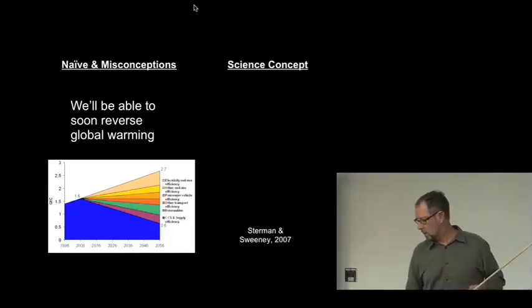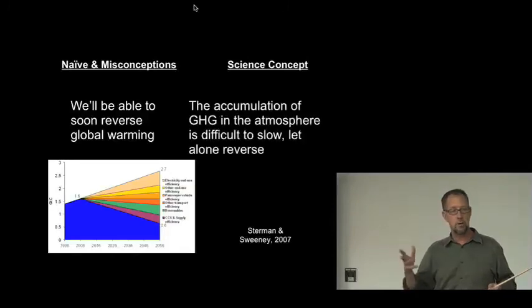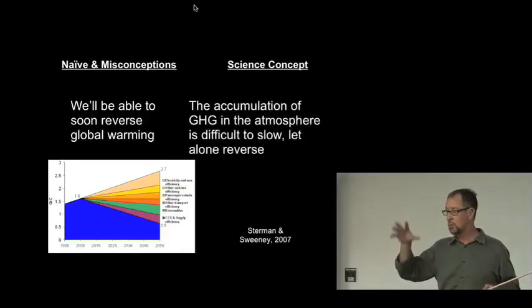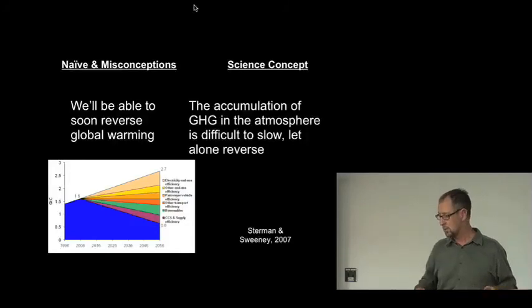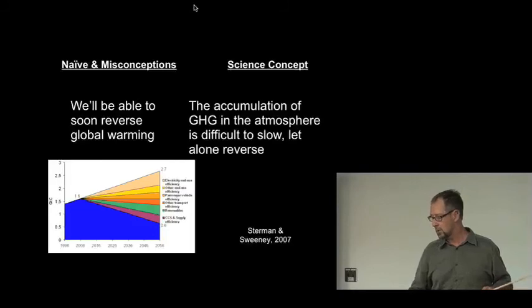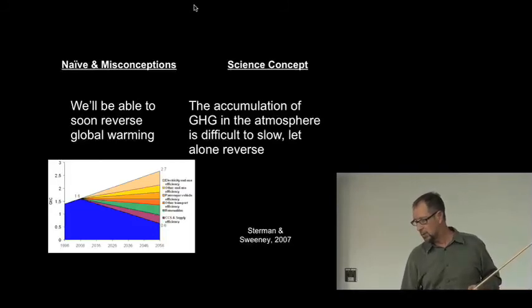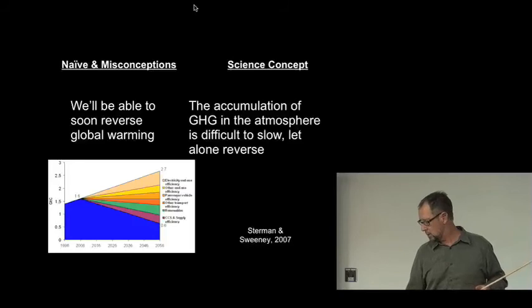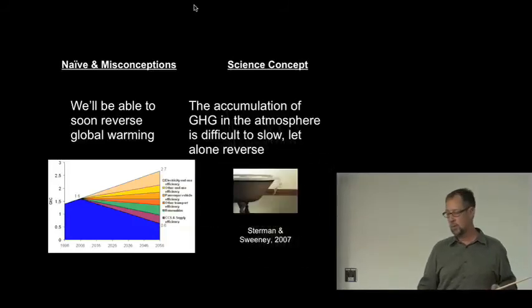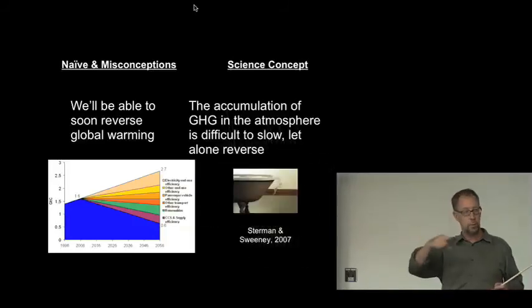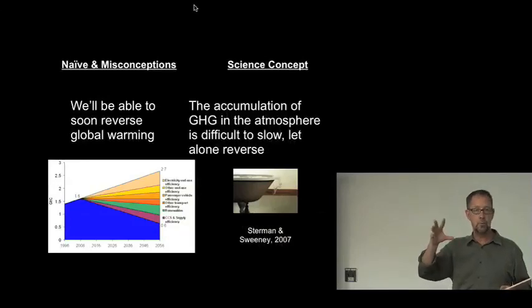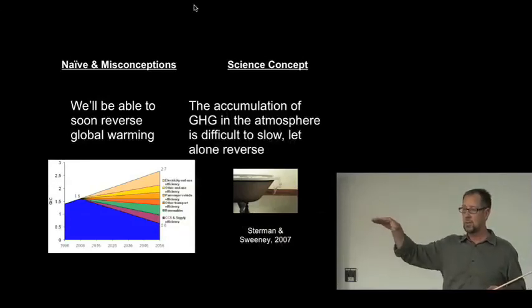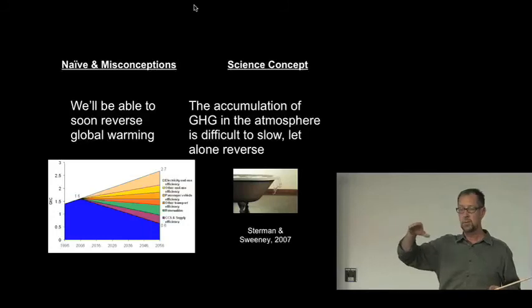However, the fact of the matter is that it's going to be very, very tough to reduce concentrations and stabilize the growth of greenhouse gases in the atmosphere, let alone to reverse them. John Sterman at MIT had some of his graduate students put together a little concept map of what they thought would be required to just stabilize concentrations. And basically the students all said, we just need to level it off where we are today, and that'll stabilize